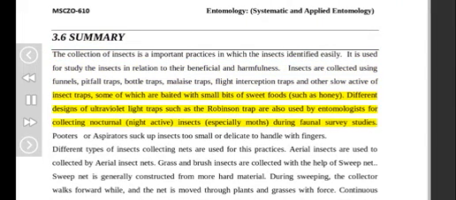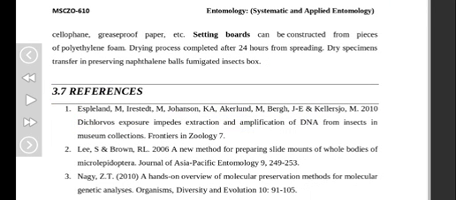Different designs of ultraviolet light, cellophane, greaseproof paper, etc. Setting boards can be constructed from pieces of polyethylene foam. The drying process is completed 24 hours after spreading. Dry specimens are transferred to an insect box preserved with naphthalene balls and fumigated. 3.7